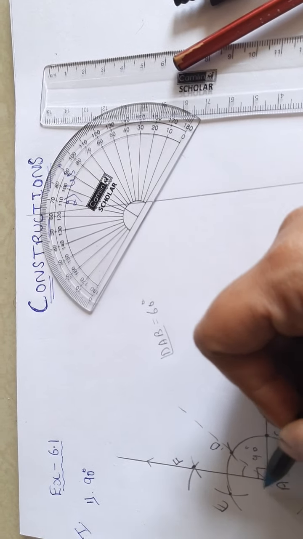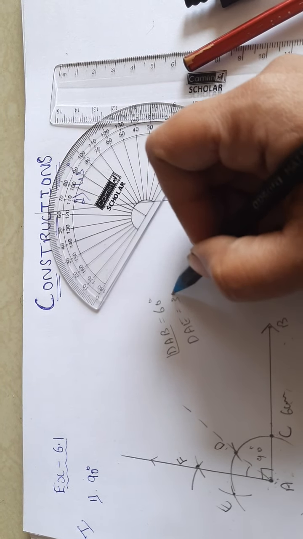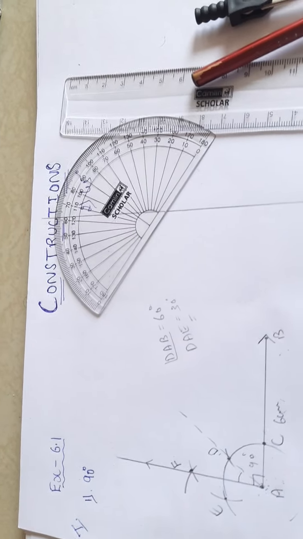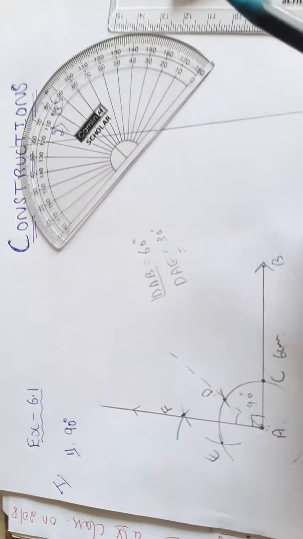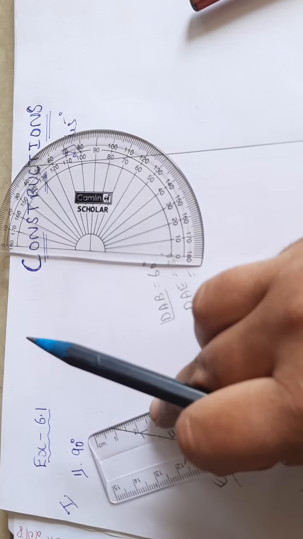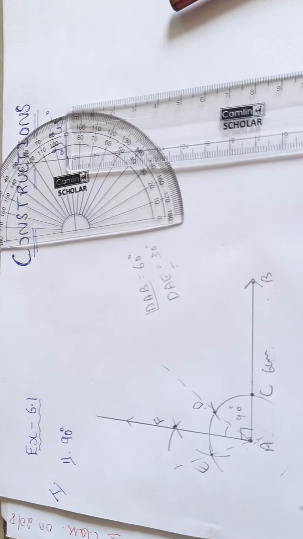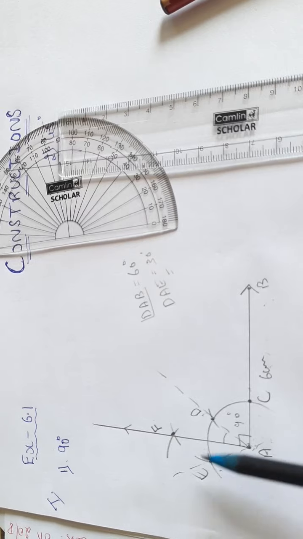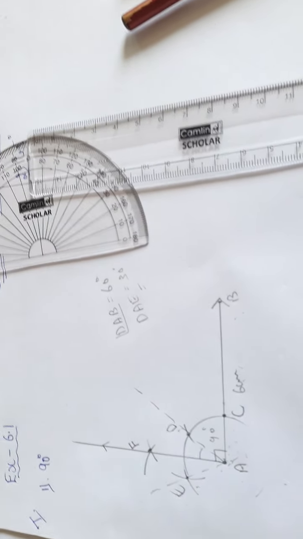Similarly, this angle DAE formed, angle DAE will be now equal to 30 degree. Why children? Because AF is the angular bisector for angle DAE. Angle DAE, if it is confusing, here also you can draw one dotted line like this. Do it with both the hands as I said. For angle DAE, AF is the angular bisector.